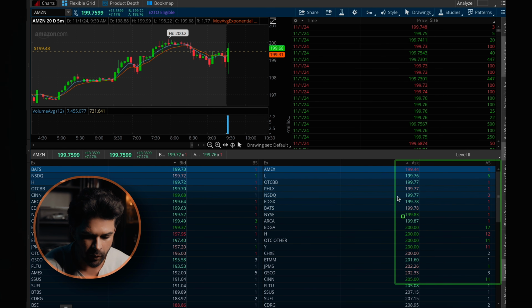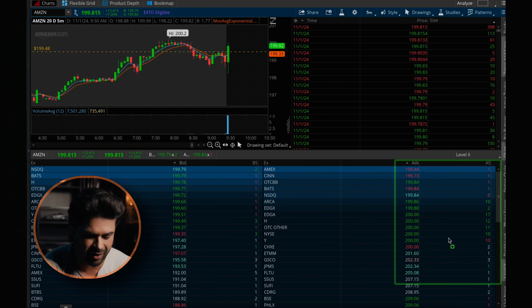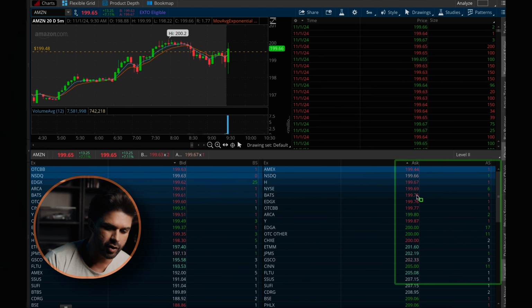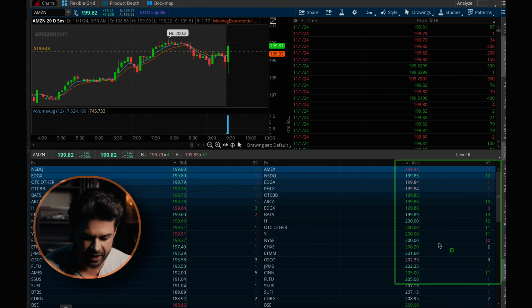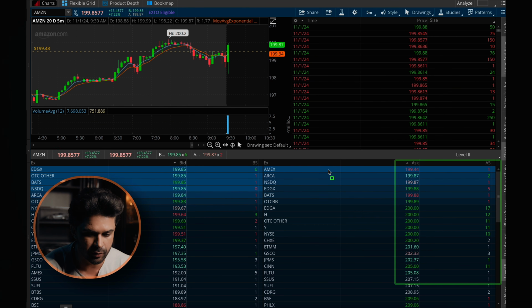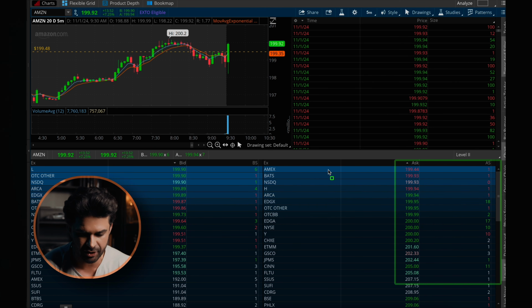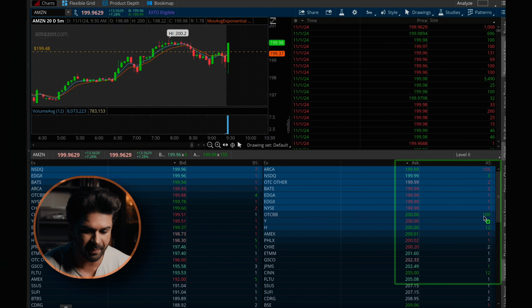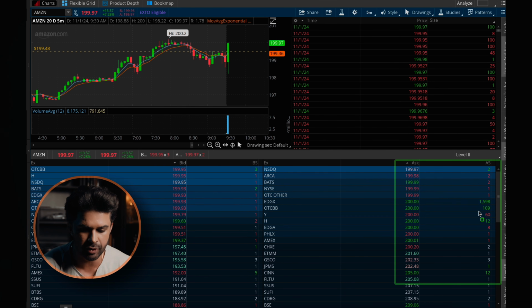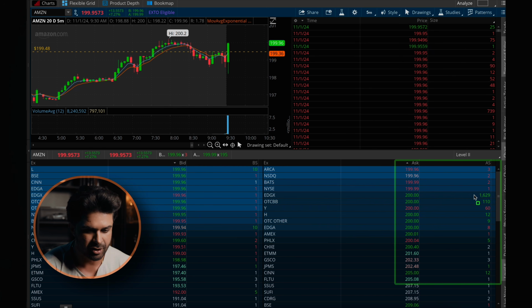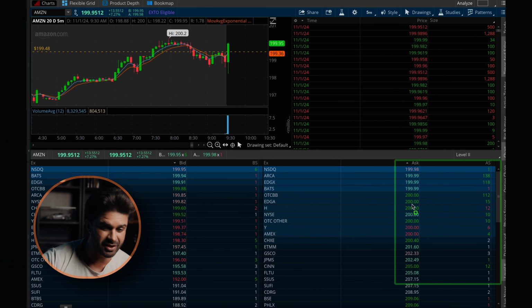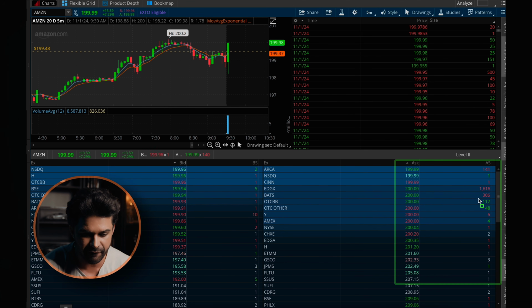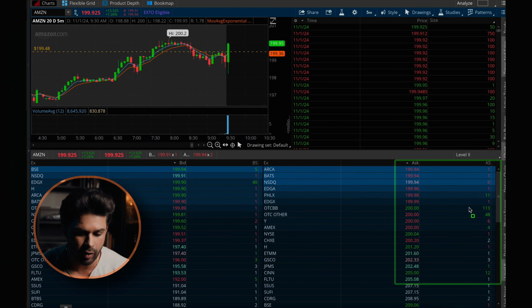So if you guys see here, we have the 200 level where there are strong sellers, which is showing us that it is a very strong level, right? Now, in order to see a breakout happening, we want to see those orders at 200 getting filled in something called time and sales. That is a transaction history. But as you guys can see here, those buyers are pretty much getting absorbed by the sellers because that 200 level is starting to have a big ask size, right? So when we don't see those sellers getting taken out, we see that aggressiveness from sellers increasing constantly, the numbers going up, that means that is a very, very strong wall, and